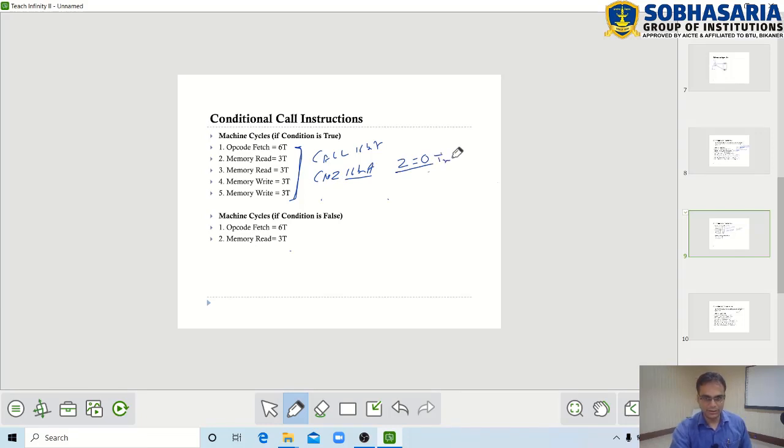So the condition will be true, and this will be the machine cycle executed. If the condition does not meet, suppose the zero flag is 1, then the instruction CNZ will not execute the subroutine, or the control will not be transferred. In that case there is no need to save the address of the next instruction into the stack. So opcode fetch and memory read is sufficient if the condition is false.